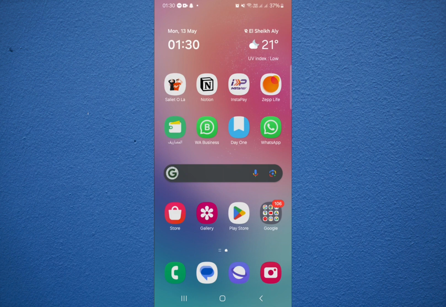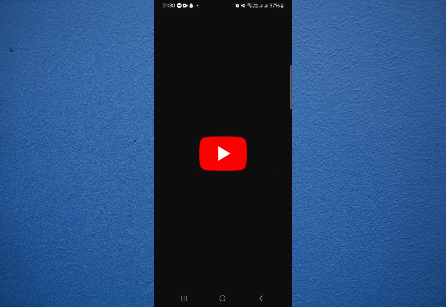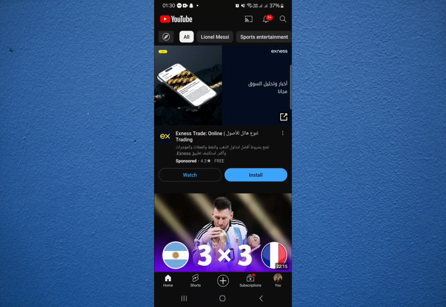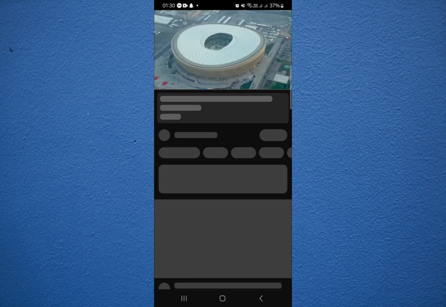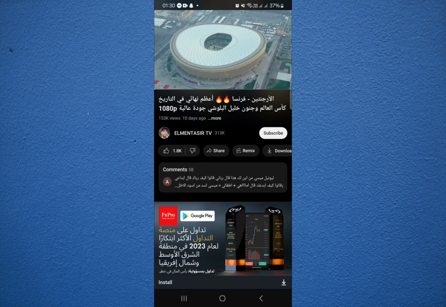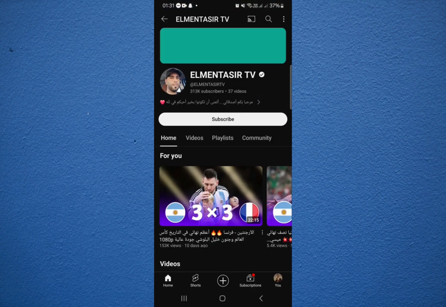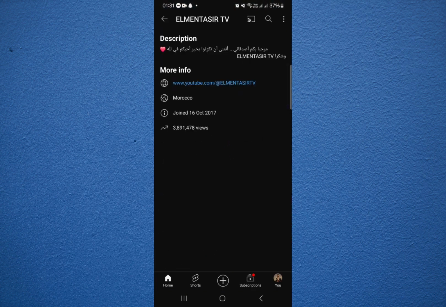And so easily, the first thing we're going to do is open the YouTube app. So if I open the YouTube app over here, as you can see, I have the interface with a lot of videos. So for example, if I click on this video and then I choose the channel from this option, I click on it. Now I can click on the channel once again over here, and now here I'll